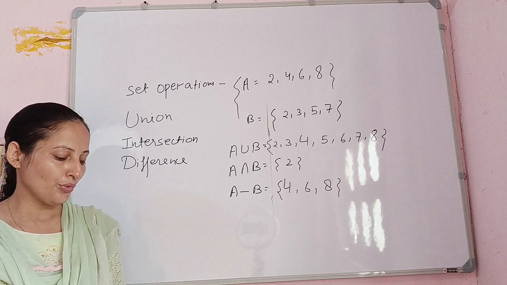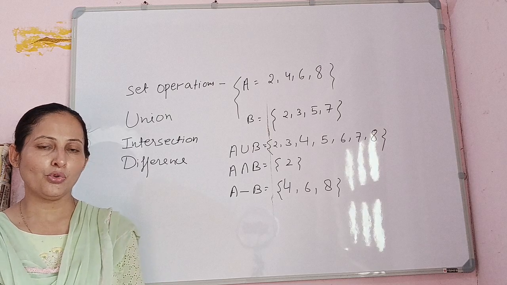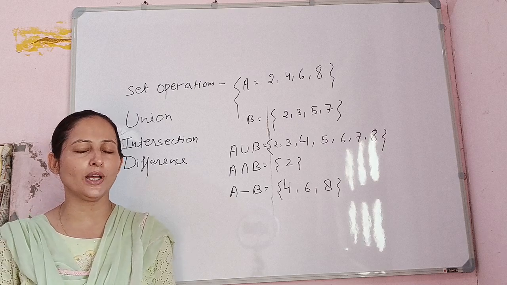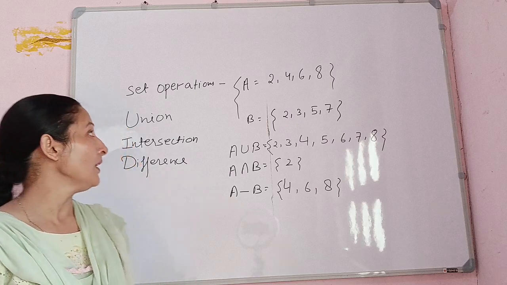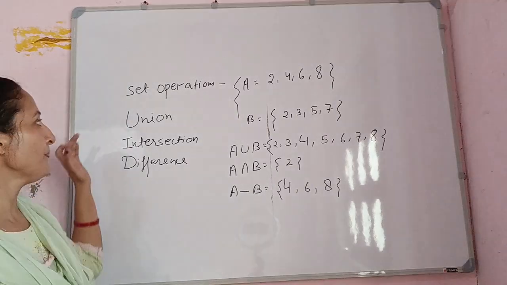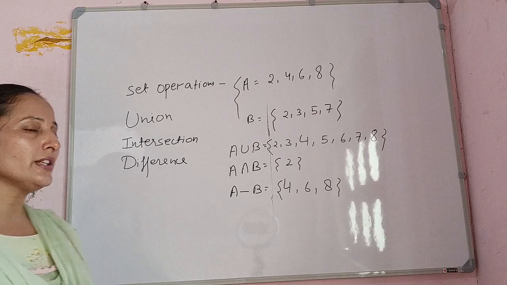To use joins, we should know set operations. What are set operations? Who has a background of mathematics? There are some set operations used in MySQL, which are union, intersection, and difference. What is union